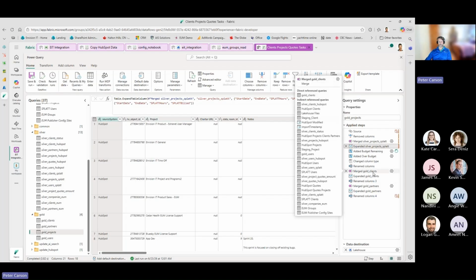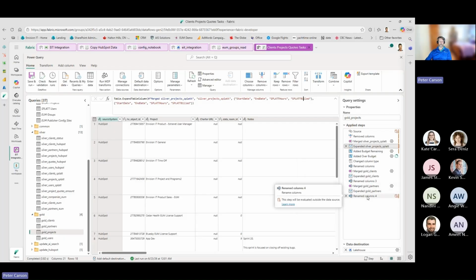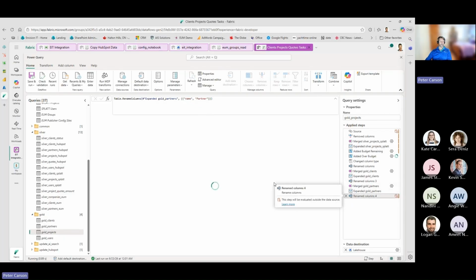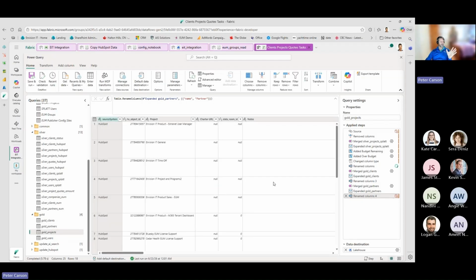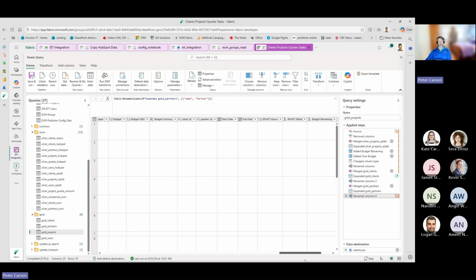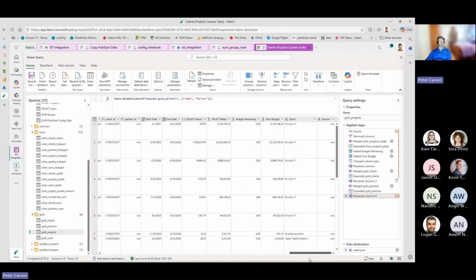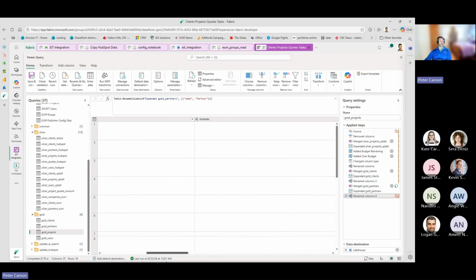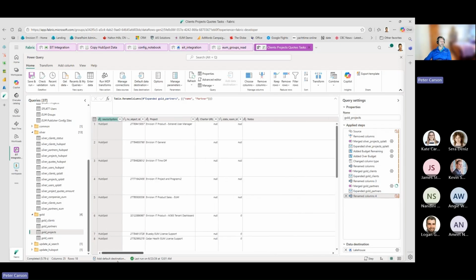We pull in client and partner information just so we can see it in there, and we end up with a master projects record, which is a combination of some data from HubSpot, some data from our time tracking, and some data from our extranet user manager. So it's a fairly wide record. There's a lot of information in there, but we can see financial, time information, the clients, the partners and such. All that is in this record here, and this becomes our master record now.